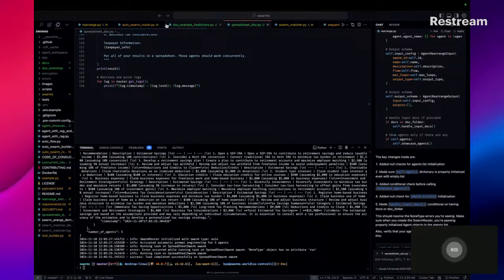Now, I just flipped the switch on the swarm matcher algorithm. We have a couple of algorithms, and we're going to continue working on new algorithms. So if this is something that you want to work on, please let me know, and let's work together on that. Because, like I said, this is the future of AI.